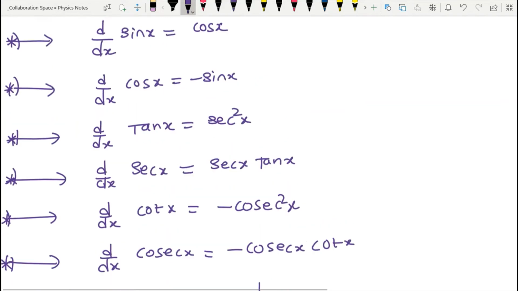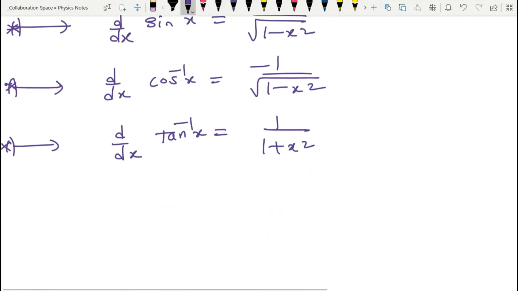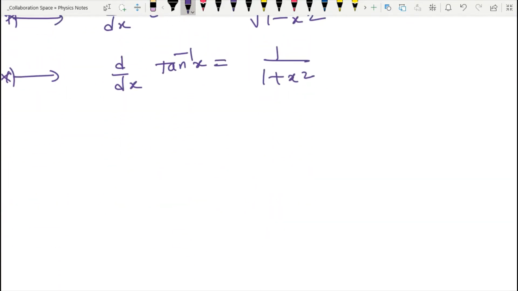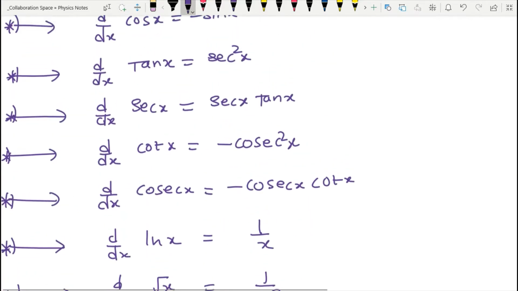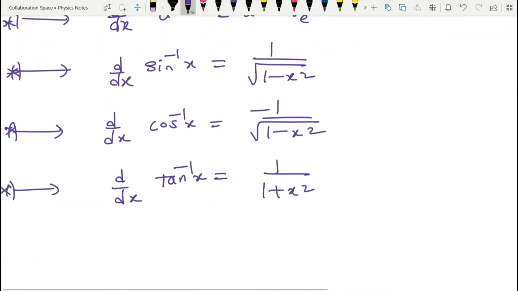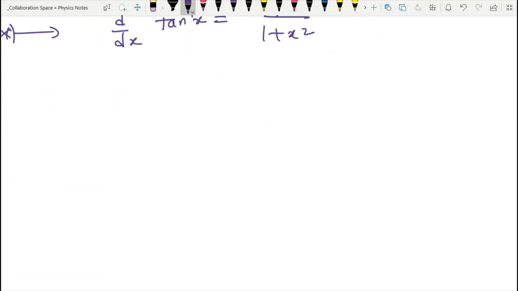So all these are very important formulas in differentiation. Of course, remaining formulas are also there. Many formulas are there, but these are the formulas that we use frequently in physics. That is the reason I explained all these formulas once again, students. Now let us see some applications. We have already studied these applications in the previous class. I am just revising these applications once again.